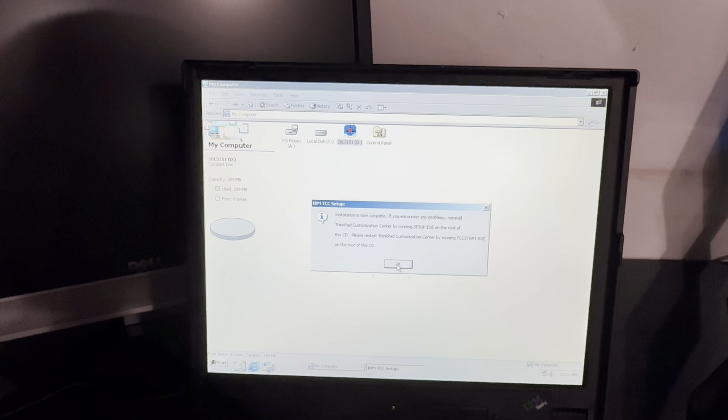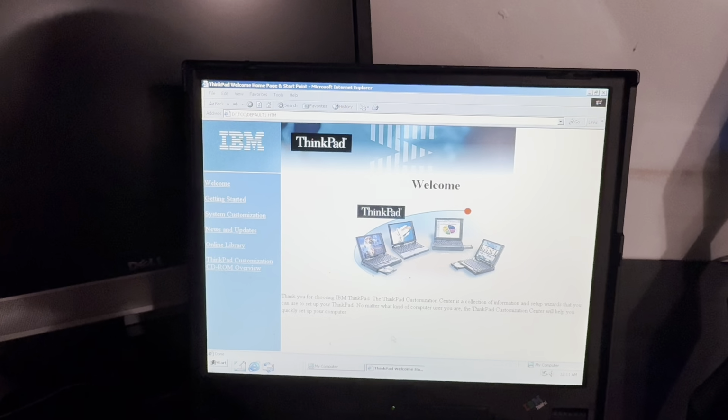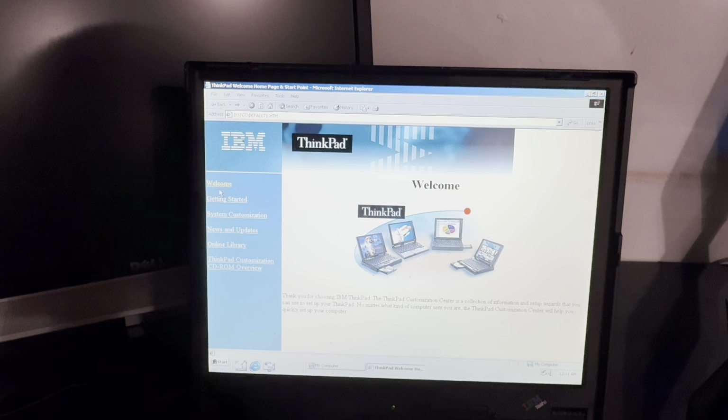If you encounter problems, reinstall ThinkPad. Okay, center. Okay. There we go. Pretty nifty. Getting started. Well, let's see. There's the welcome. The ThinkPad